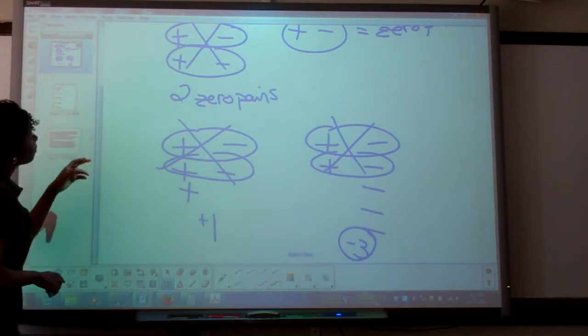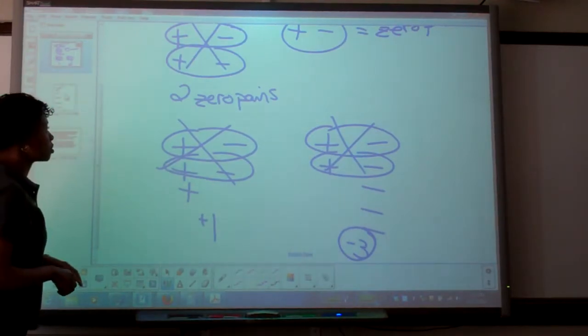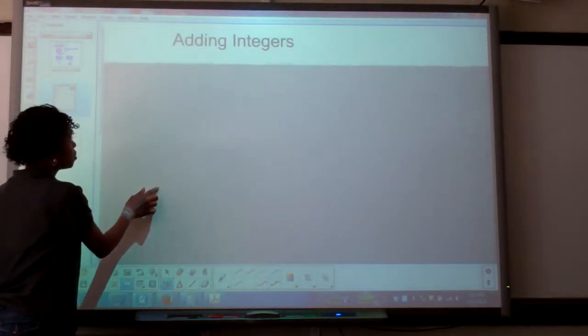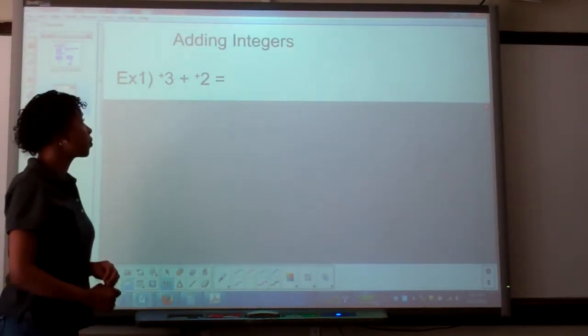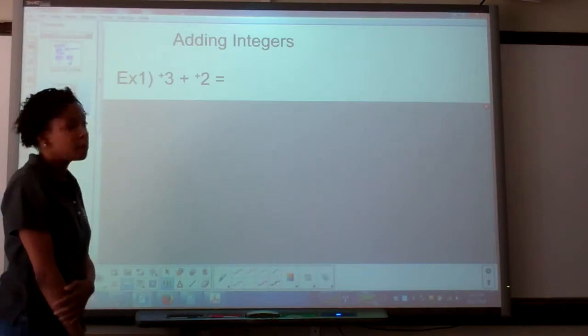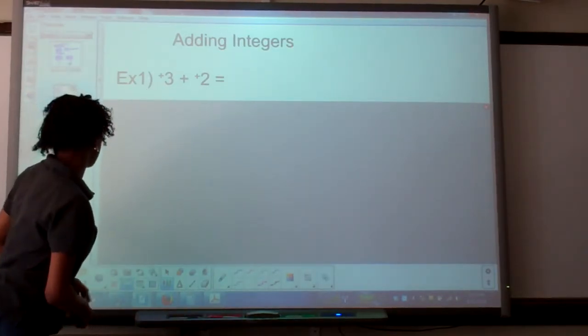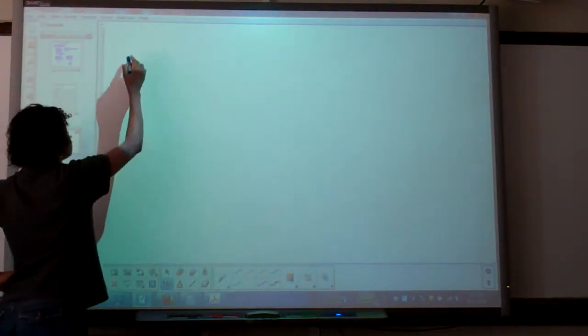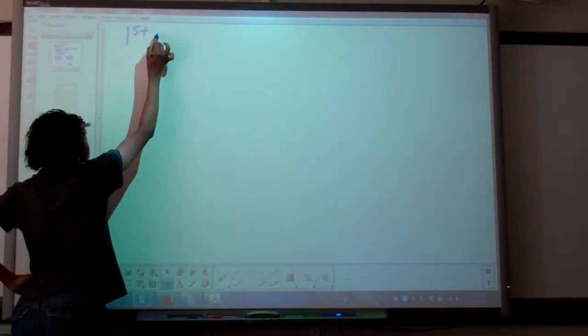All right, so let's go ahead and begin our adding integers. Let's start with the first example. Please be sure to take your notes. If I have a positive 3 plus a positive 2, when we're adding integers, there's a few rules that we want to follow. First of all, the first rule is